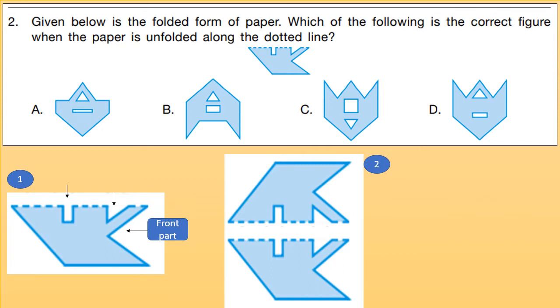Some clues are given: half rectangle is formed, half triangle is formed, and the front part is shown. Now when the paper is unfolded, the rectangle will be fully formed, the triangle will be fully formed. So we have to create a mirror image of this picture 1 and we will try to join it to this picture. Now see picture 2. We have created the mirror image and we are trying to join it to picture 1. So this will be the unfolded form. And now turn it by anti-clockwise direction 90 degree. You will get correct option as D.